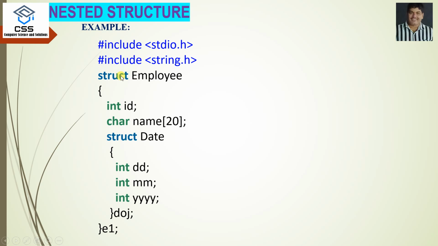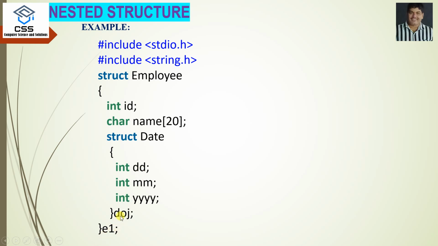We declare a structure employee, its elements are id and name. Before concluding this structure, we declare another structure date, its elements are dd, mm, yy. Date's structure variable is doj and employee structure variable is e1. Means when we access employee's id and name, we have to write e1.id, e1.name. But while accessing the date structure elements, then we have to write